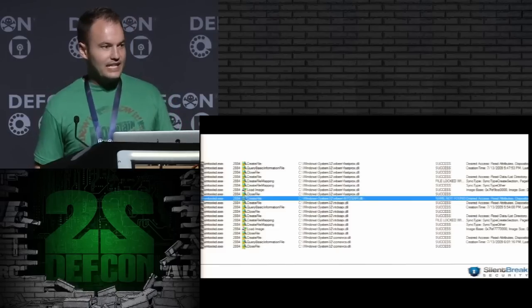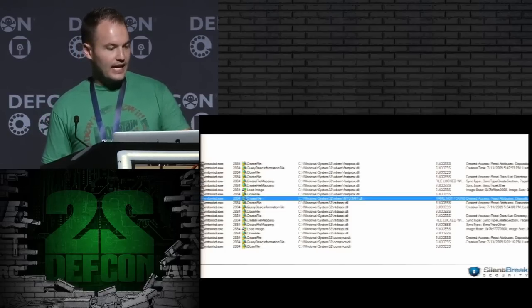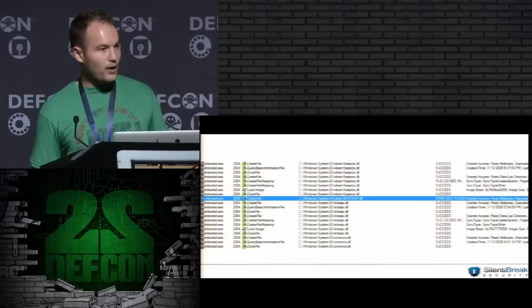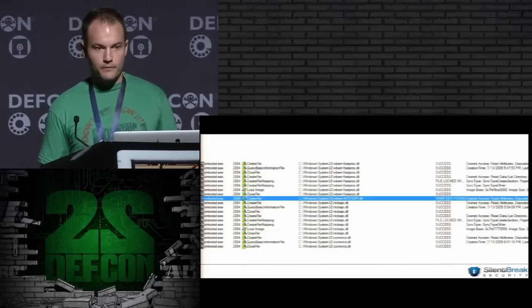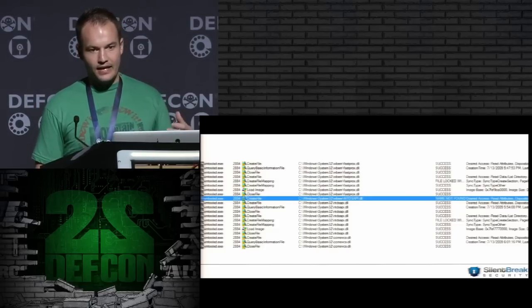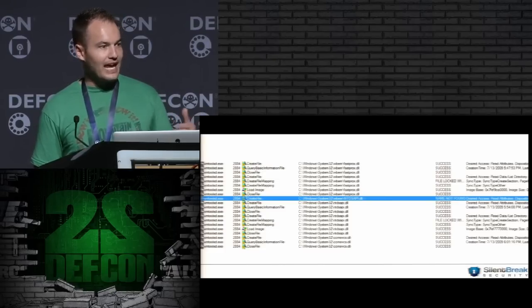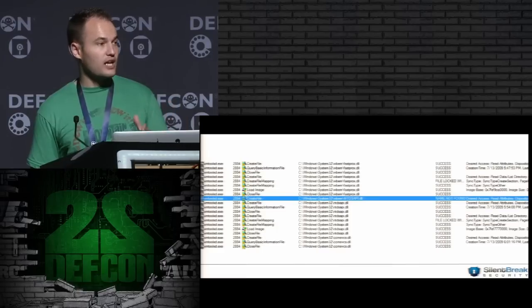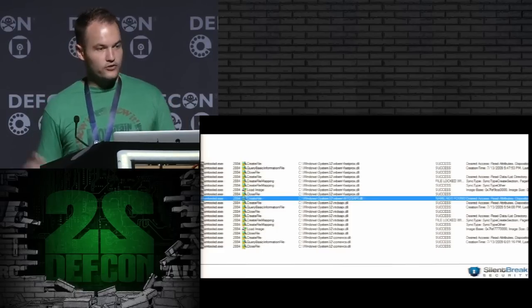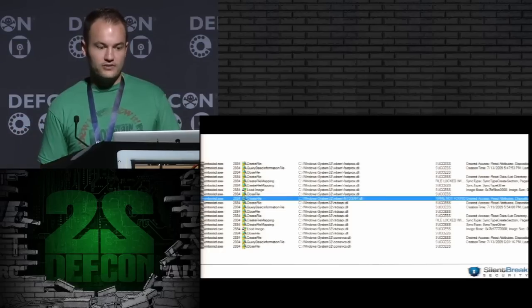I don't think the techniques that I used to find these are new. Definitely not. I just used Process Monitor. And in this case, you can see that on the left, I had Process Monitor filtering specifically on VMware Tools. And then I just went through all the different processes, had it monitor that process specifically for DLLs that were loaded, and then first of all stopped and then restarted services one by one to see which DLLs got loaded.